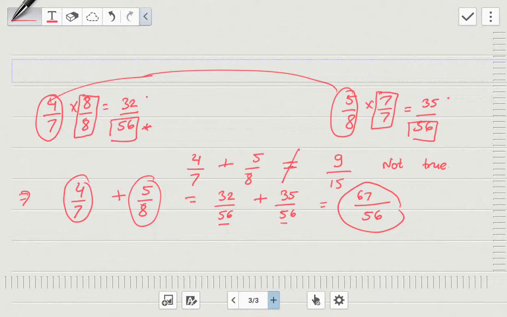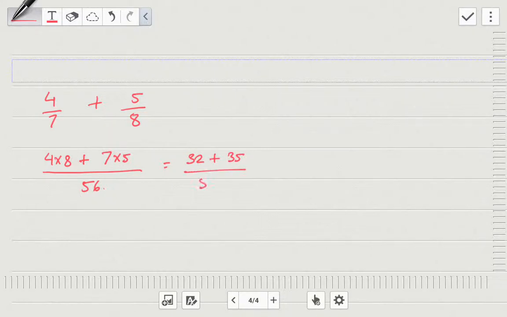Let's do this in one step. Our goal was to add 4/7 plus 5/8. Now what I do is, I know the strategic choice is to convert them into 56. I have figured that part out because that is same as 8 multiplied by 7, that is 56. And now, if you think back step by step, it is equivalent of multiplying 4 by 8 and 7 multiplying by 5. That is 32 plus